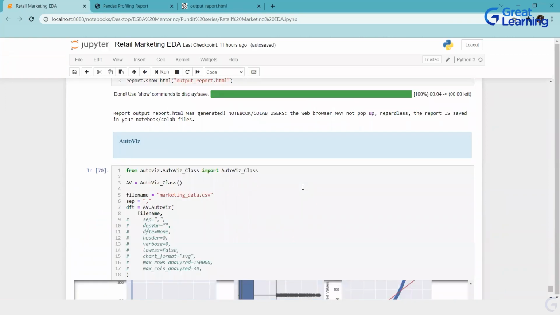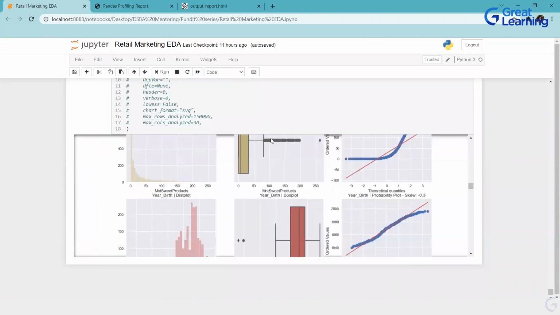Do we need to install AutoViz too? Yes, you have to install AutoViz also. Do we use these on a daily basis? Yes, you can use it. But when you are in the client environment, it depends on what their version is. Like in the client I was with, their version was older, so I couldn't import Pandas profiling over there. But when you are working in startups and it is not that stringent, you can use all these libraries. Free flow libraries are there. But my client was not aligned, so I couldn't use that.